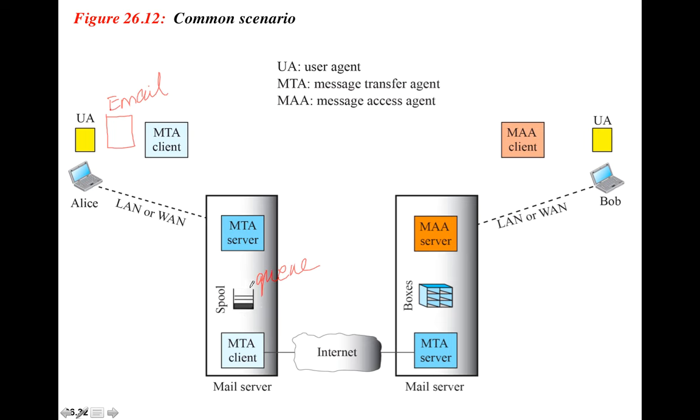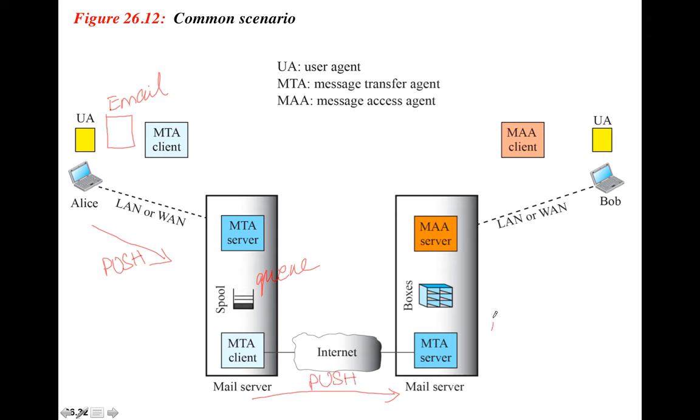This time, the information is pushed from the sender's mail server to the receiver's mail server. And this is why we have another MTA client and MTA server process sitting inside the two servers, right? So the information here was a push. The information here again is being pushed